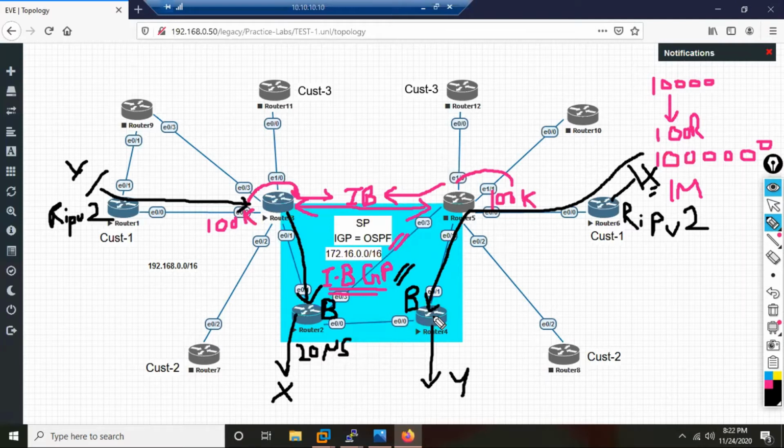Second thing, if you see, the service provider's investment was also very high. Why? Because now all these routers have to be identical. All of them have to carry, let's say for example, 1 million routes. So the hardware has to be identical. Now when MPLS came in, with the same hardware, the service provider does not need to upgrade anything. Instead, if they want, they can downgrade their hardware.